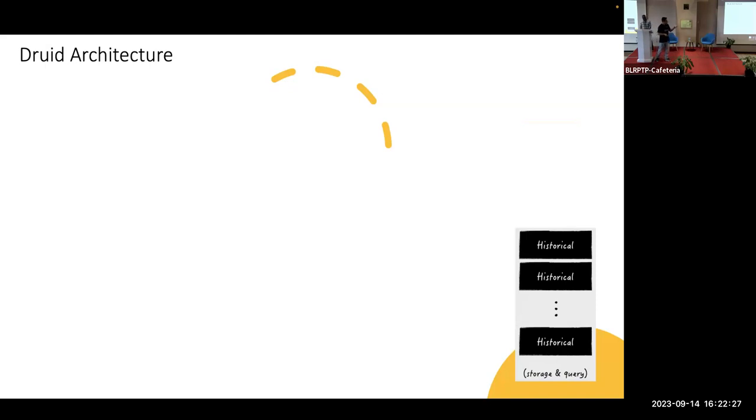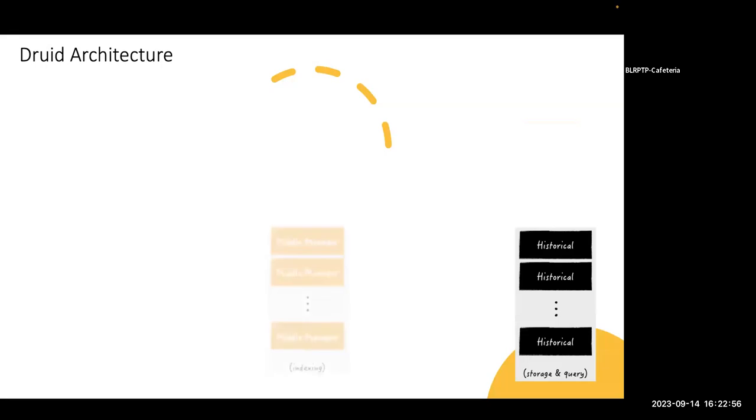So first up is historical. Historical is where your queryable data stays. So when you ingest some data via some path that we will see, it will end up going to historicals, and the Druid segments containing this data, the immutable segments, will be distributed mostly evenly around all these historical nodes. And when you query, most of the data for the query, at least the historical data, will come from these historical nodes.